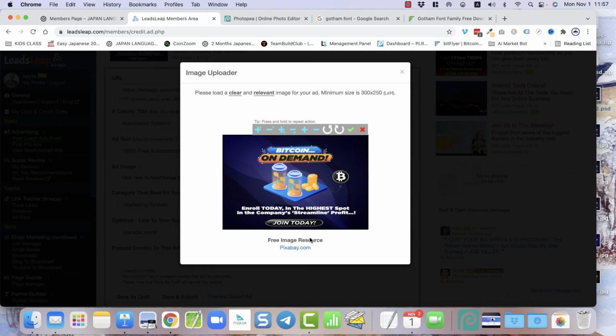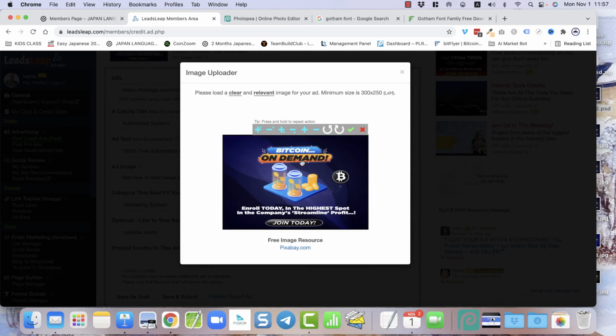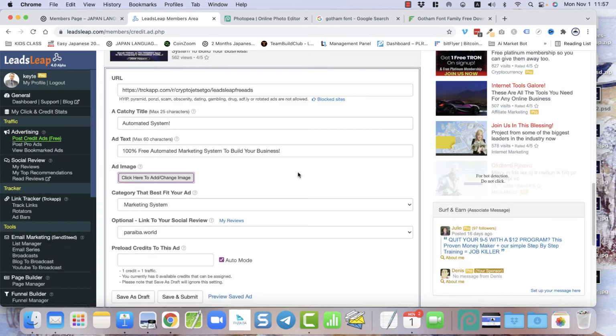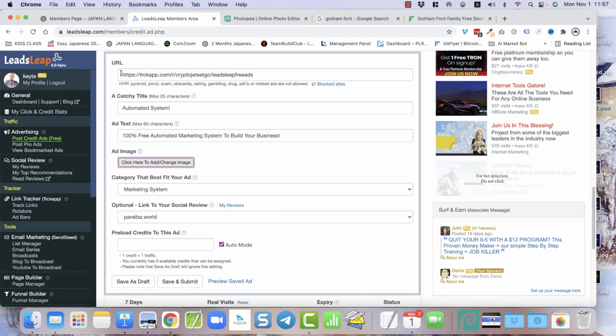Now, if you happen to have it at a different size, you can just drag and drop it around on the ad, or you can use these to alter that. Okay, if you're happy with it, you just do that, and then that should be fine. Okay, and then that will show up there, and then you can just fill in the rest of the information,